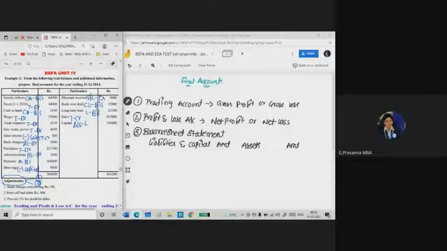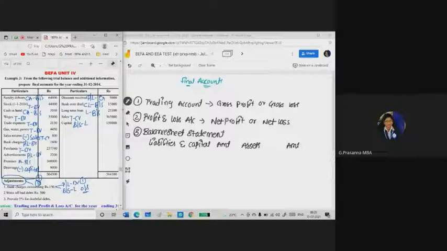So in this question he has given you bank charges outstanding. Bank charges outstanding means first you need to show it on the P&L account debit side. You need to do the working related with the bank charges. After that, in the balance sheet liability side you have to show the outstanding amount, 150 rupees. Two times: one time in the P&L account debit side, where I will do the working related with the bank charges outstanding, and the second time I will take the same amount in the balance sheet liability side as outstanding bank charges, rupees 150.